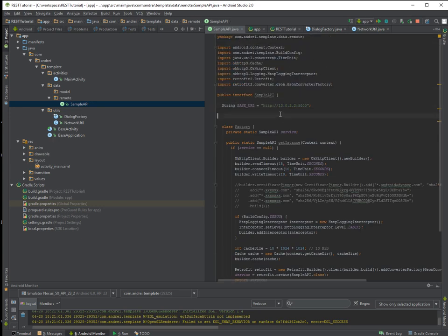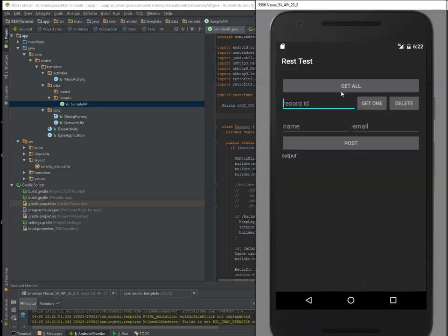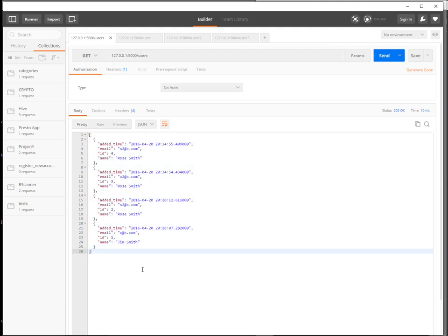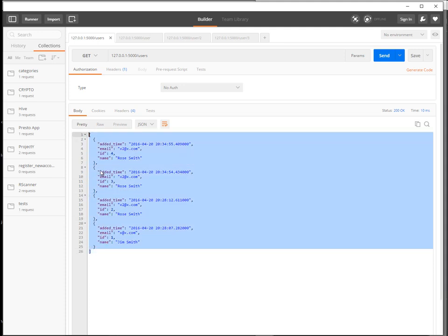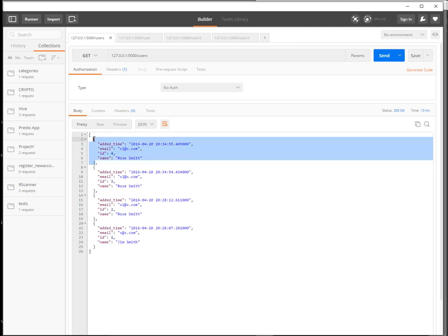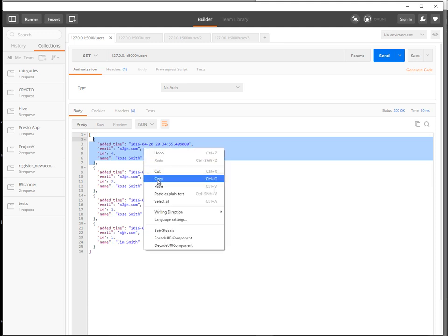I hope it's clear. After you create this sample API, the first thing that we want to do is to get all. So if we look in Postman at this method, get users, it will return a list of users. So first we need to create this object of users, and the easiest way to do it, in case you have